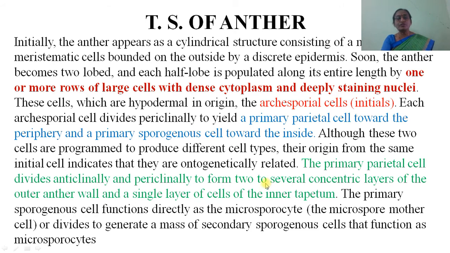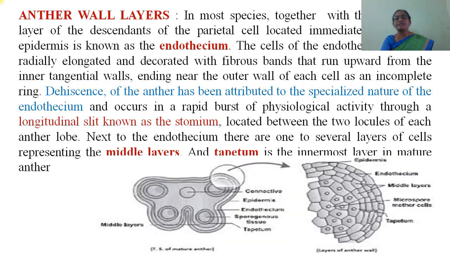The primary sporogenous cell functions directly as a microsporocyte. It is also called the microspore mother cell. It divides to generate a mass of secondary sporogenous cells that function as microsporocytes. About the anther walls,